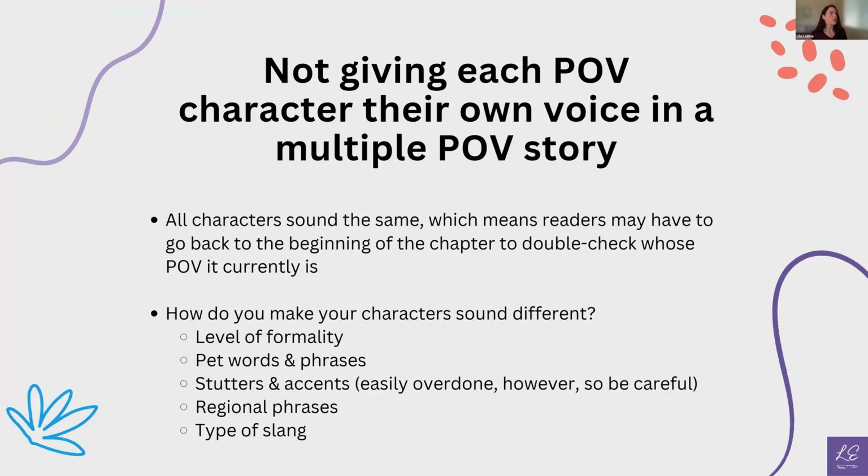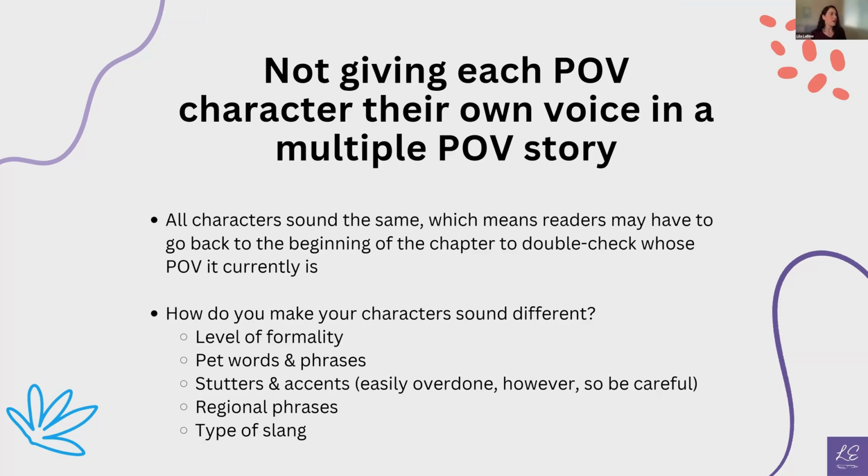And then not giving each point of view character their own voice in a multiple point of view story. So just like Eva was saying, if you have the braided narrative or you're switching off chapter to chapter, the point of view changes, that's fine. But you want to make sure that it's really obvious to readers whose chapter it is, not just by the title on the chapter maybe, but also within the chapter, it should be obvious